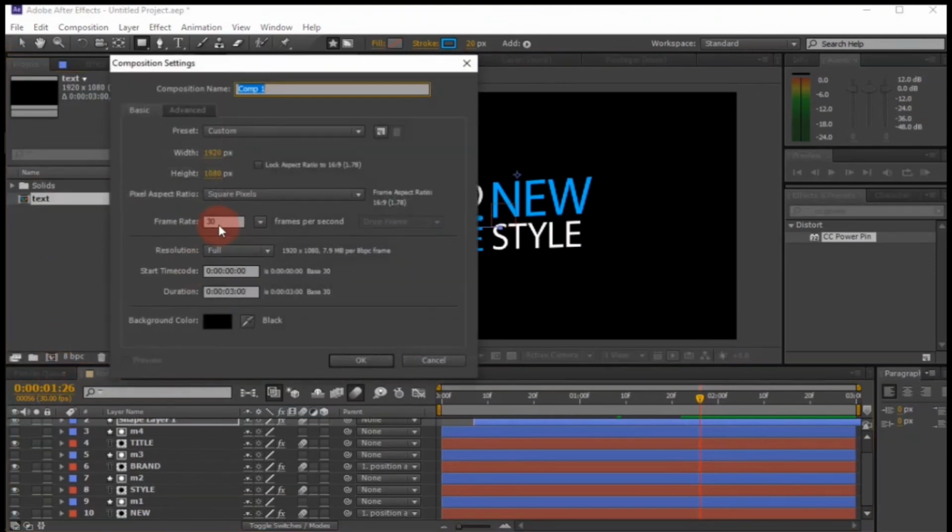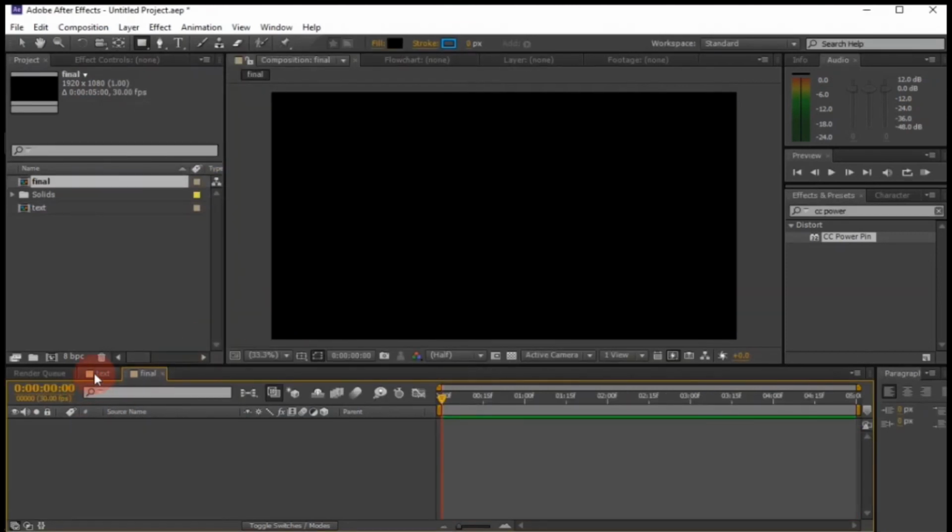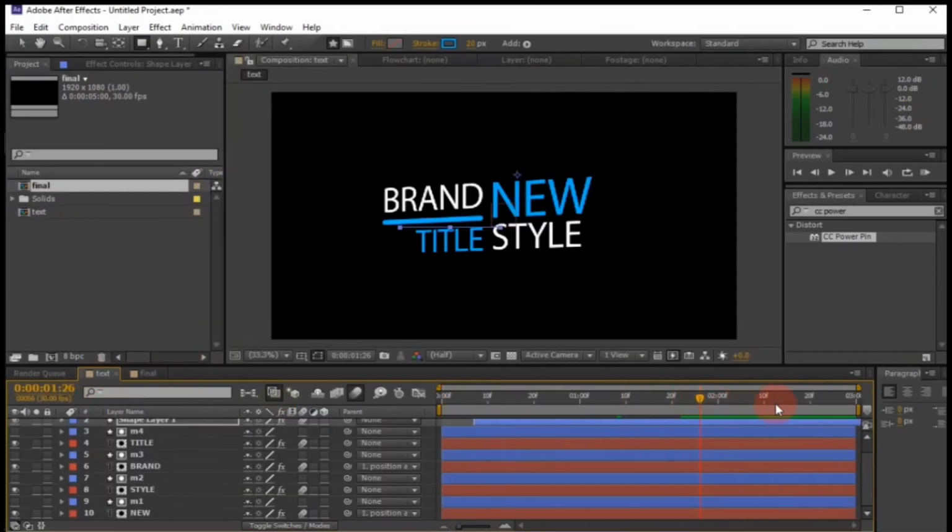Now create another new composition, then rename it as final. Change the duration to 5 seconds. Now come back to the text comp and trim the comp to 2 seconds 15 frames.